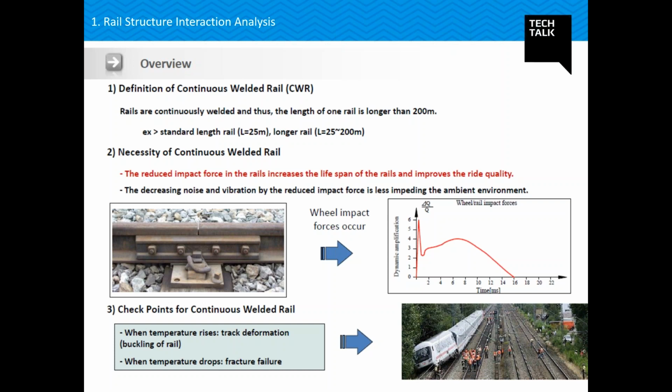Just to give you an example, when we were using normal rails connected via fish plate, we had a gap between rails. Whatever temperature stresses used to come in the rail, they used to get released at each 25 meters or whatever spacing we used to provide this fish plate. But now, when we are going for these types of continuous weld rails, so